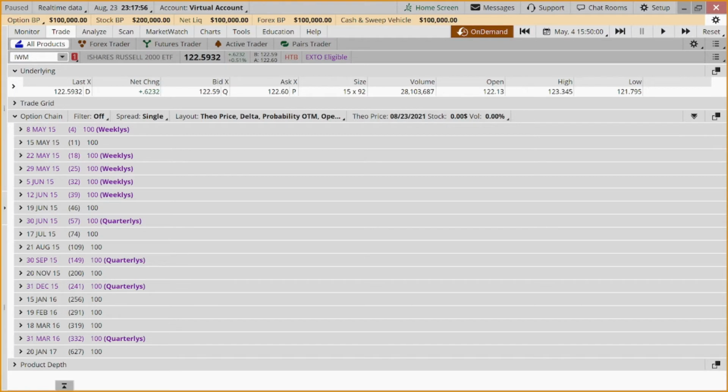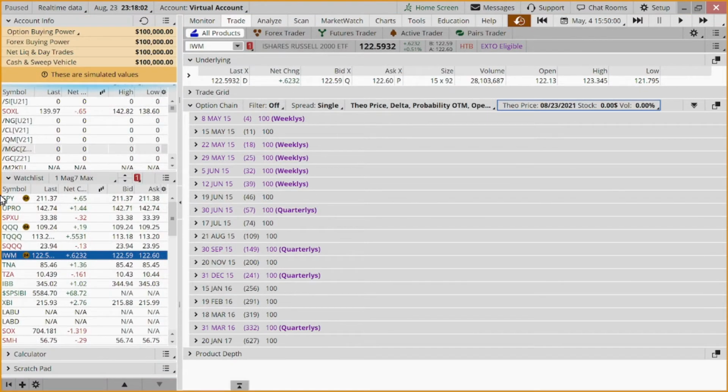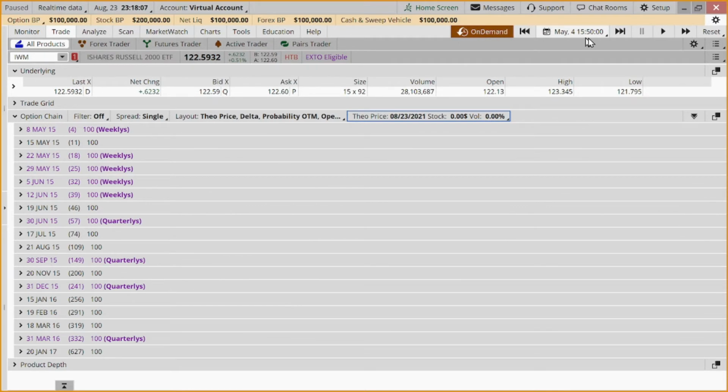Now, one of the things I had mentioned is that we want to know what the implied volatility is. I've already gone forward to where I want to be. I want to be in the first week in May 2015. I've already clicked the on demand, and just as a reminder, if you're in the demand program, you basically want